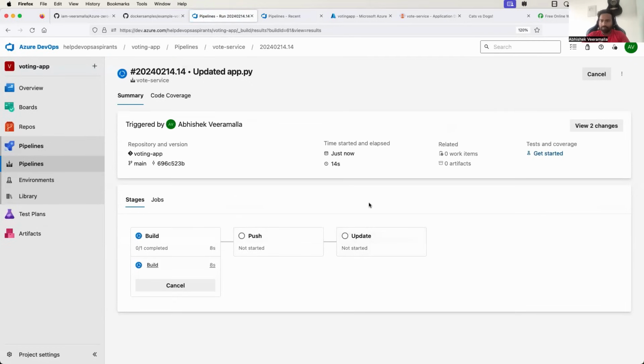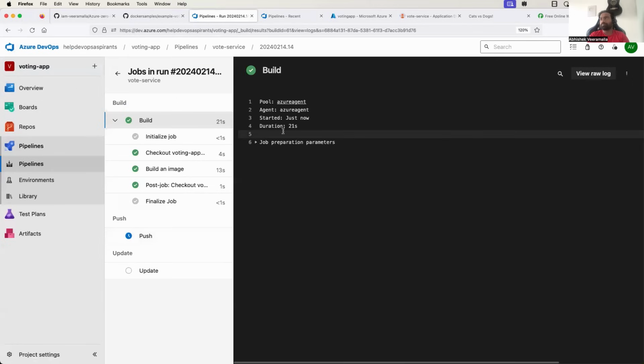But Abhishek, you said we will not be doing continuous delivery using the Azure pipelines. You said we will be using the GitOps approach. Yes, this stage is doing something else, which I will explain. So the build stage and push stage is something that we have demonstrated in the last video itself. Now, if you go to the build stage,